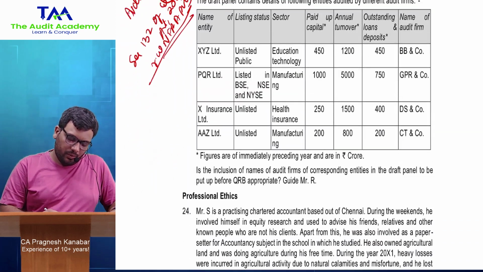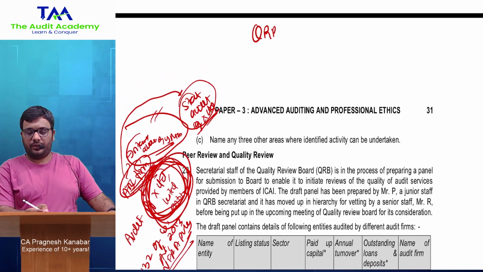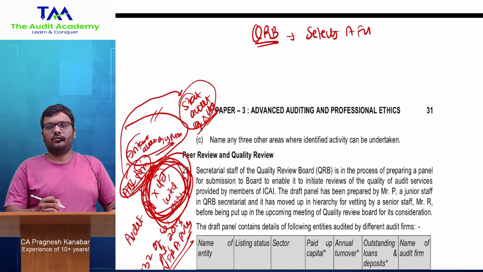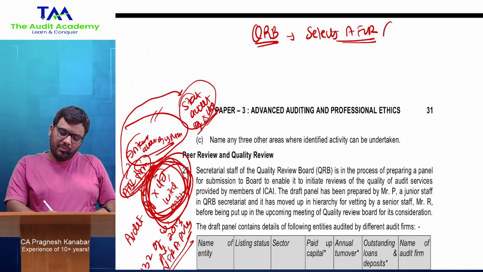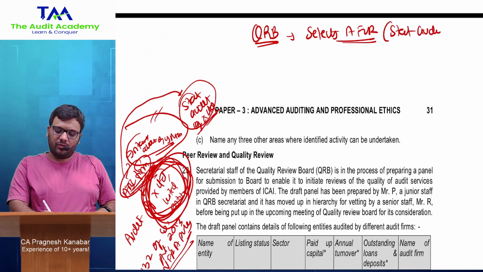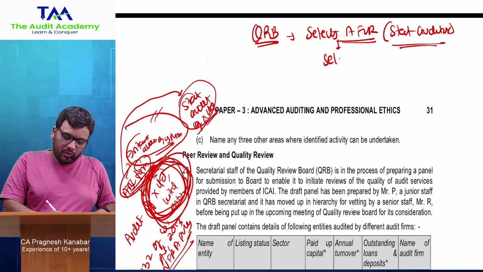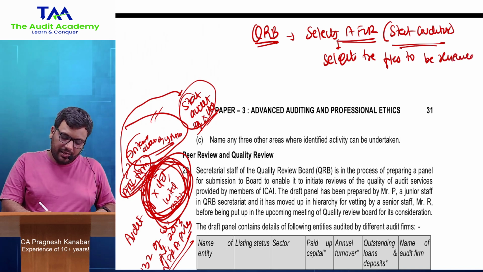So if Quality Review Board selects audit firm under review, यानी जो ऑडिट फर्म अंडर रिव्यू, वो जितने भी चार्टर्ड अकाउंटेंट्स हैं जो स्टैट ऑडिट कर रहे हैं उसमें से किसी को भी सिलेक्ट कर सकता है. That is fine. But after that वो क्या करते हैं? Quality Review Board also selects the files to be reviewed. ये जो फाइल्स टू बी रिव्यूड होती है ना, उसमें चेक करना पड़ता है whether that company is under NFRA jurisdiction or not.